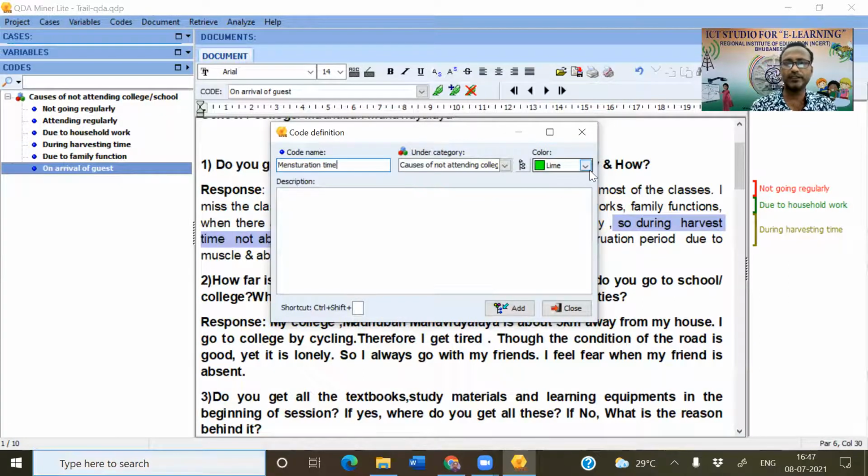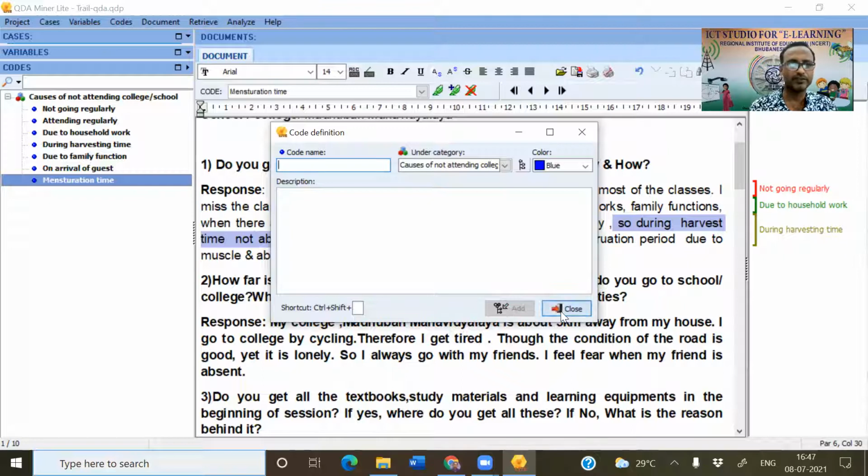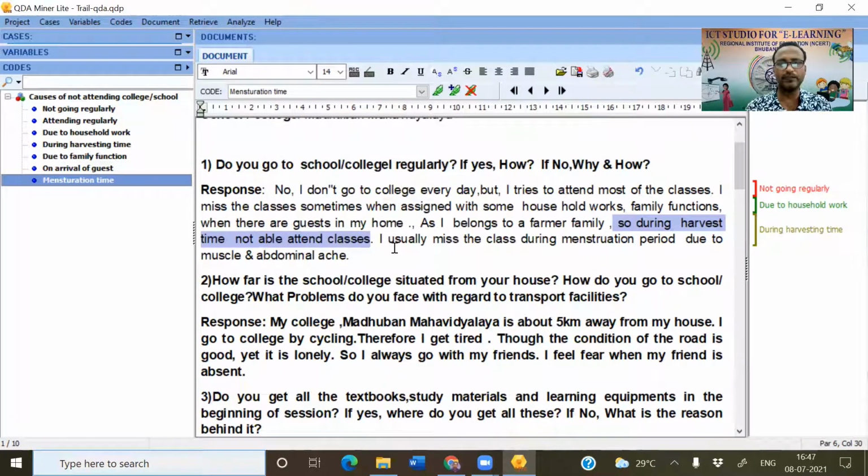Since she is a teenage girl, she is also missing class during menstruation time. If you want to code this one also, you just click here and it will come. This is how you have to code your entire data.